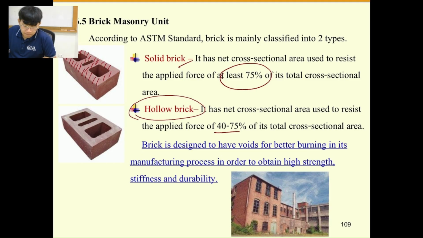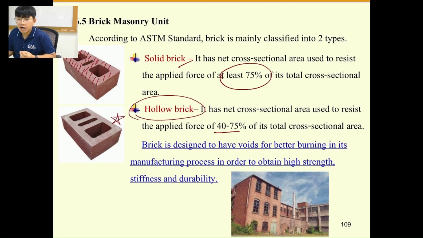So the brick is normally manufactured using clay, the red clay, and then they add some water and make it homogeneous, and then they make it into the brick shape, or maybe they put it into a mold and compress it, and then they get the shape like this as shown in the figures, and then they dry it out for about a few days, air dry